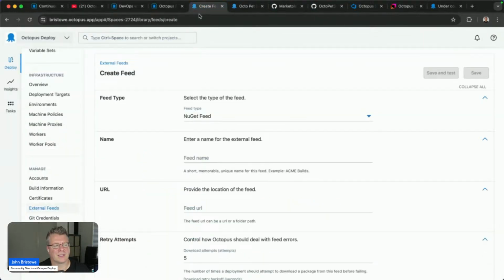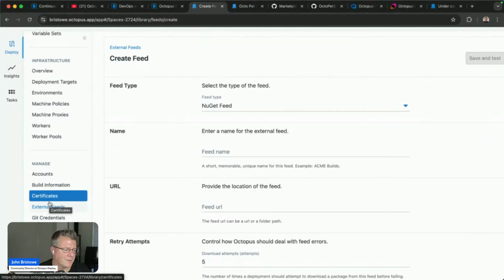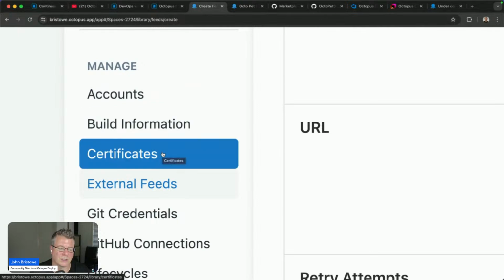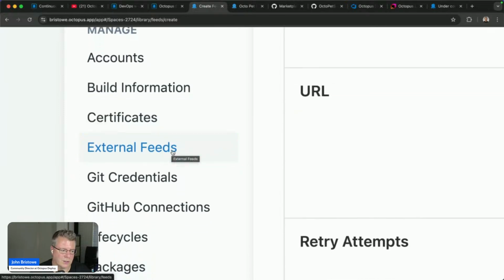So once that executes, it will actually execute the deployment process that I showed you earlier, and it will execute those in concert with other types of pipelines you have. Other things worth noting, you can define a bunch of other options as well. So you can manage your accounts, which are connections to things like Azure, for example. You can manage certificates, which is really important, especially if you want to do secure communication with external services or servers.